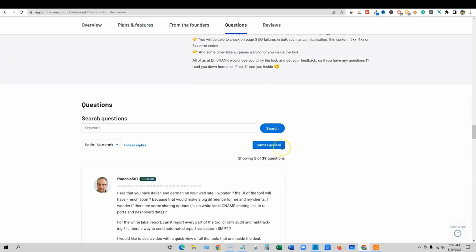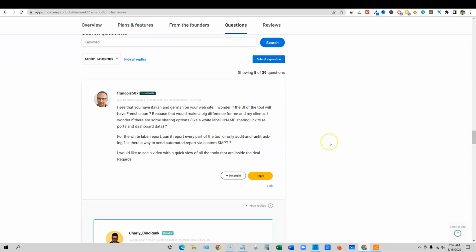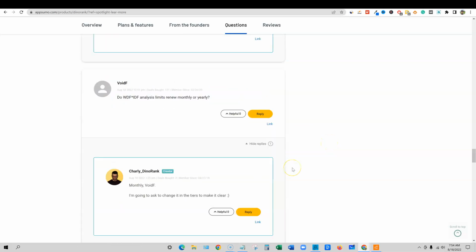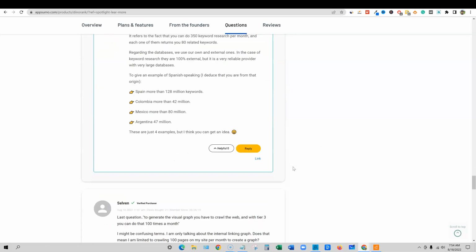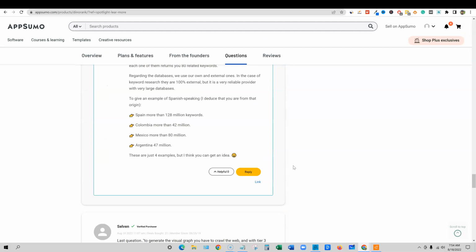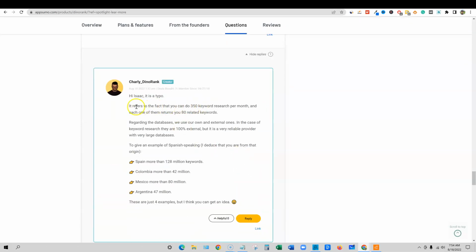And then you can read what the founder says and some other stuff that people are asking. I think that this is a brand new question that just came in, and so forth. It does have one 5-star rating. And you can also see some people are asking about their keyword index. I'm always interested in what the keyword database is. I felt like